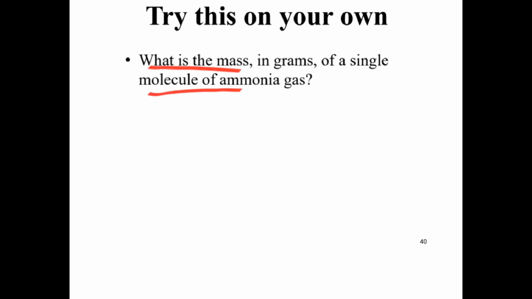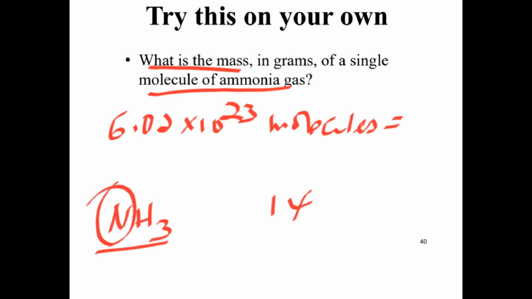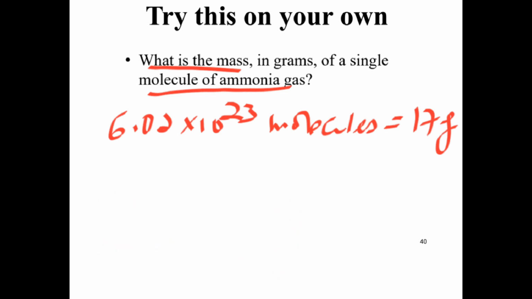What is the mass in grams of a single molecule of ammonia gas? So 6.02 times 10 to the power of 23 molecules of ammonia ምን ያህል ክብደት አላቸው? ስለዚህ molar mass of ammonia ካልኩሌት ማለት ነው። so ammonia NH3 ነው። ናይትሮጅን 14 ሃይድሮጅን አንድ ጊዜ 3 ስለዚህ 17 ይሆናል ማለት ነው። ስለዚህ 17 ግራም። አሁን የተጠየቅነው የአንድ ሲንግል ሞለኪውል ኦፍ አሞኒያ ጋዝ ክብደት ነው የተጠየቅነው።